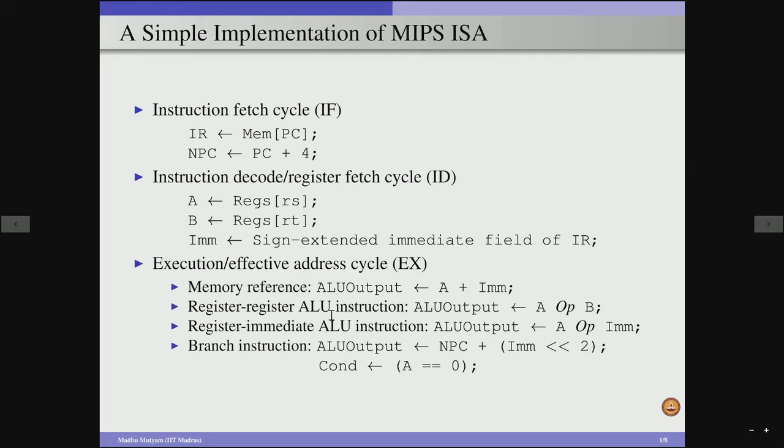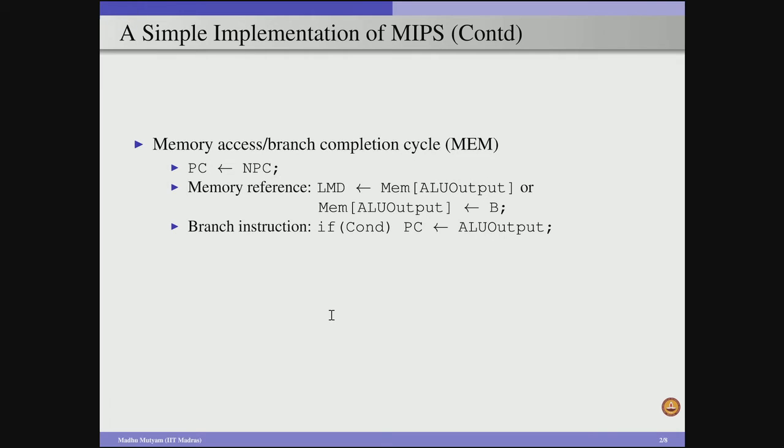And once this execute stage is completed, the next one is the memory access, and in this particular implementation we considered the branch completion only in the memory access stage. So, here in the memory access, if it is a load or a store instruction, we have to go to the memory and then perform the actual operation. Before that we are storing the new PC value into the register PC,